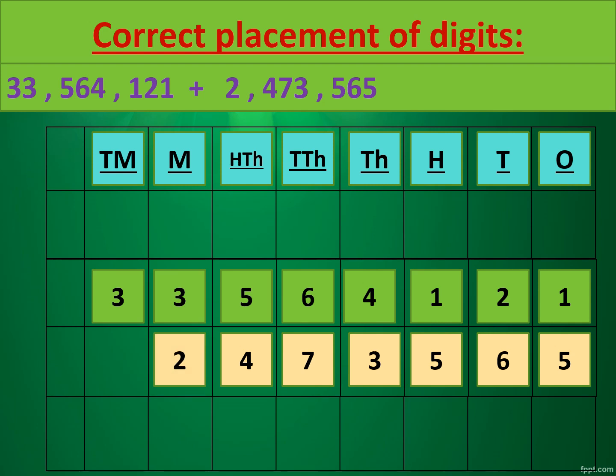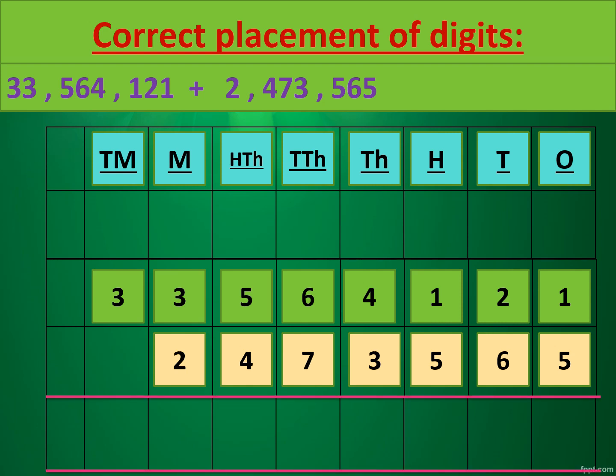Students, remember one thing, that it is important to keep given numbers lined up to get the correct answer of the addition. Students, we can do addition of large numbers by writing one number below the other. After doing the correct placement of digits in their proper places, the next step is to draw lines under them because our answer will be written under these lines. And then we will put an addition sign on the left side of these numbers. So this is an addition sign.